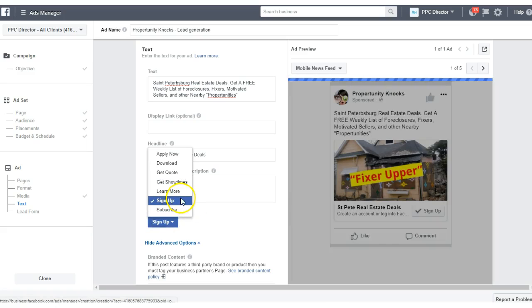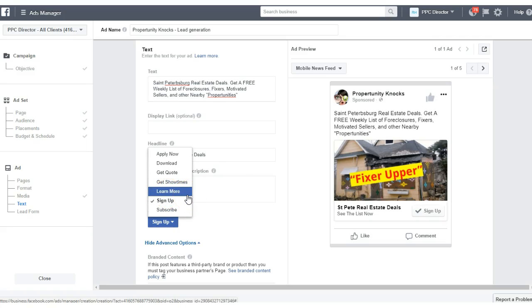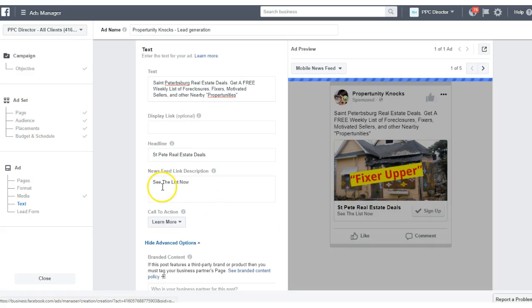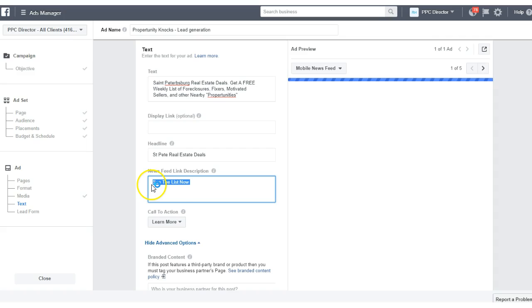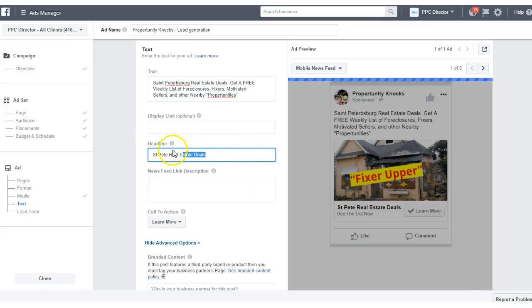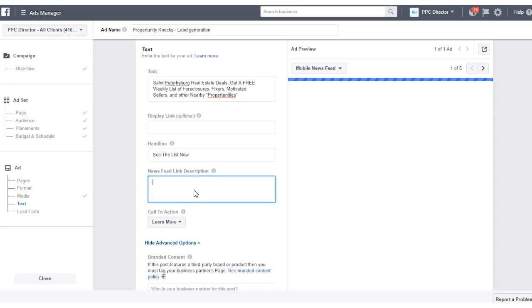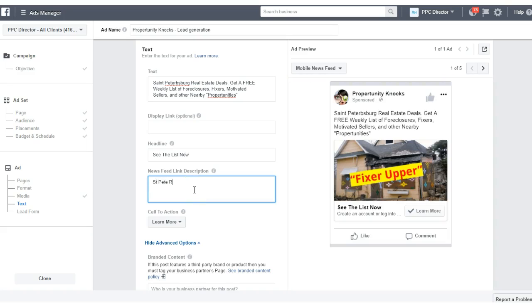Now, I've run this ad or some variation of it probably a few hundred times, and it usually works no matter what you type as long as you get the message right, but you can play around with the headline. Make sure you have somewhere it says see the list now for instant gratification, and it seems to work about the same. I'm actually not remembering. I think it might work slightly better if you have see the list now up here in the headline. St. Pete Real Estate Fixer, St. Pete Fixer Uppers,